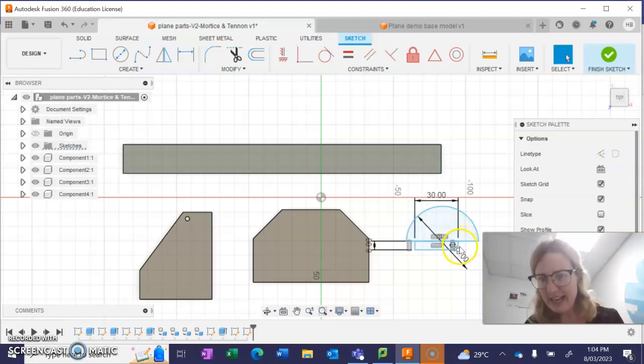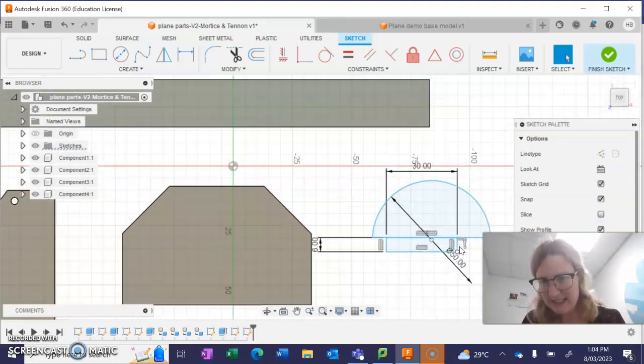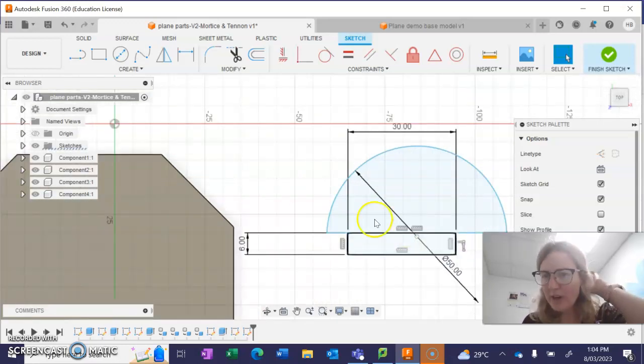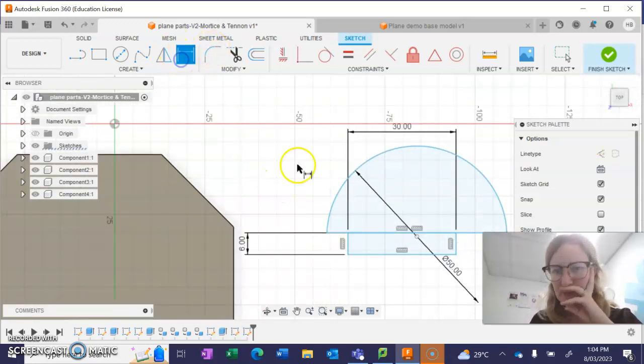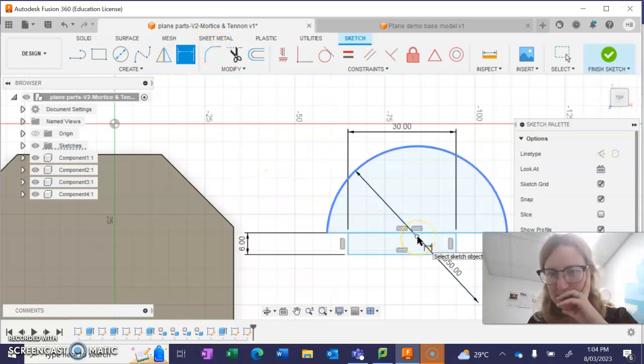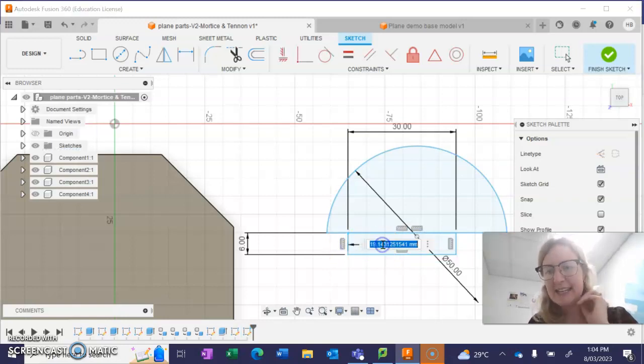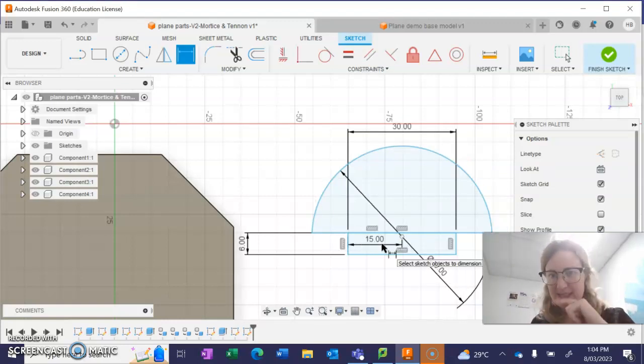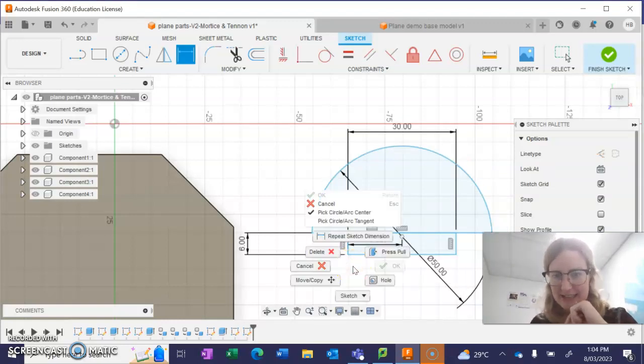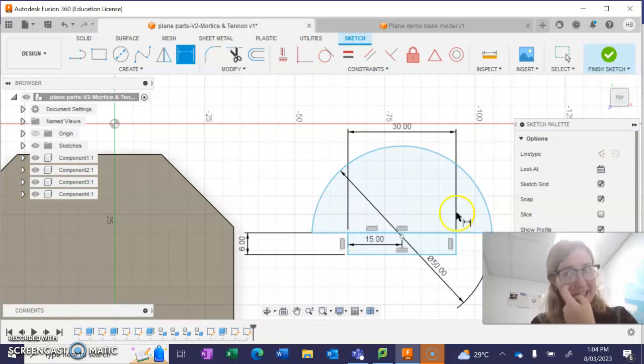Now we can see how that's been built. It's a little bit off to the side. So what I could do is dimension, going from the center of the circle to the outer edge here, so this distance here. If I want to make that symmetrical, I know that the total length of the little rectangle underneath is 30, so I can make that 15. Press enter. Alrighties, and that will do. Now if we press finish sketch,